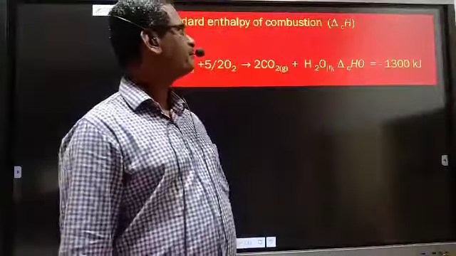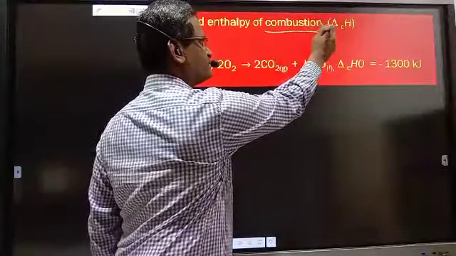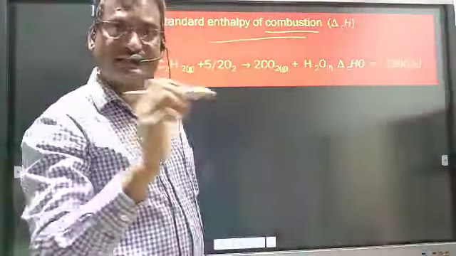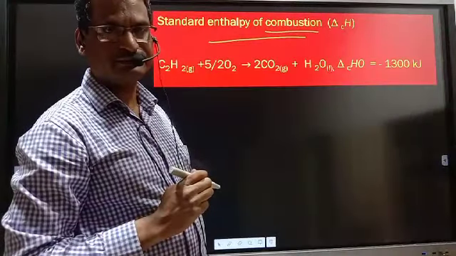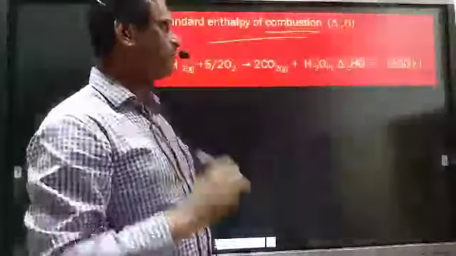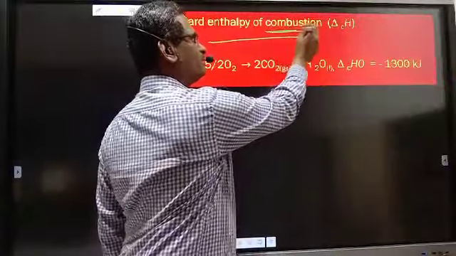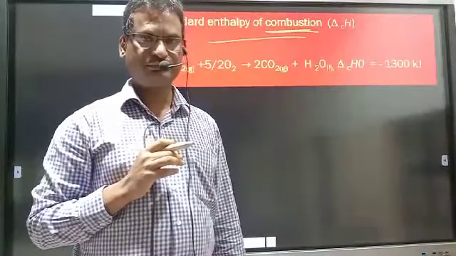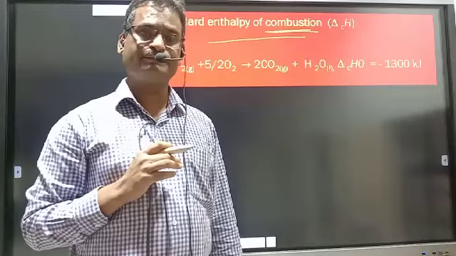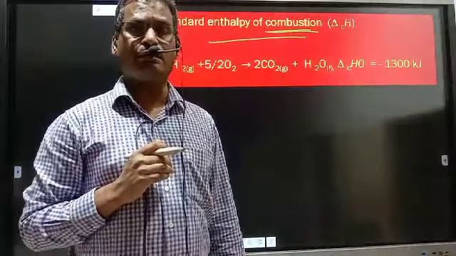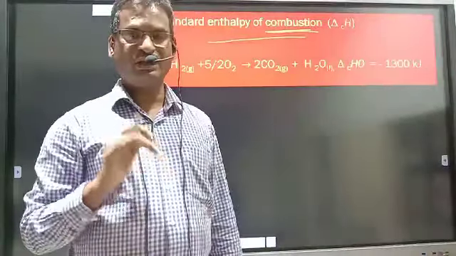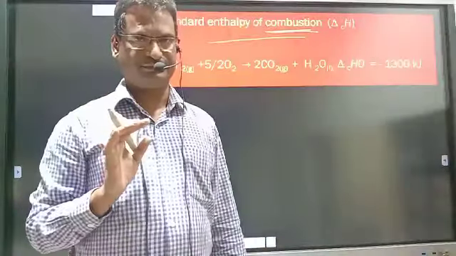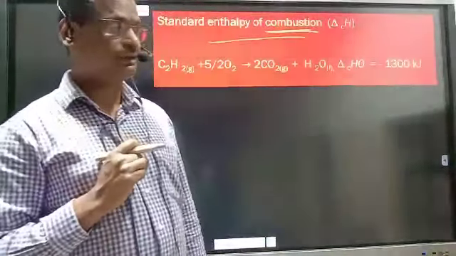In the similar manner, here we must know what is meant by combustion first, then what is meant by enthalpy of combustion, then to balance the combustion reactions, and at last calculate delta N. Let us see it one by one. What is combustion? Combustion is burning of substance. For burning of substance, which gas is required? Oxygen. Any substance undergoes burning in presence of excess of oxygen and forms the stable oxidation products.